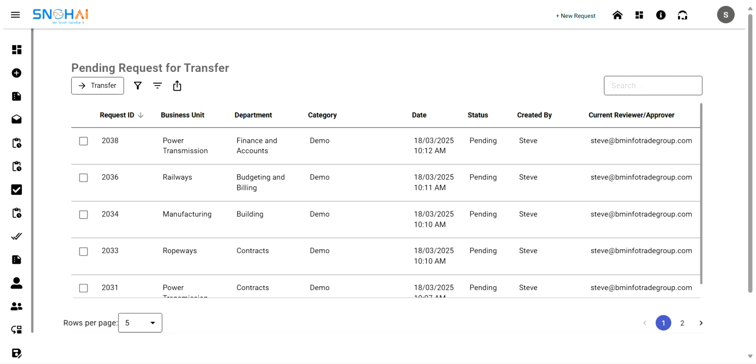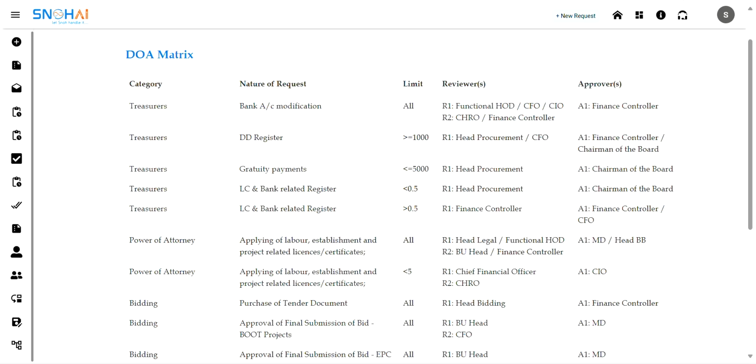This tool helps to transfer, reassign pending requests from one user to another. The users with admin rights can access the request table and then drill down to reassign it. The table view can be edited. This page centralizes the configuration of approval processes and workflows. The user can specify limits, add reviewers and approvers for the request.